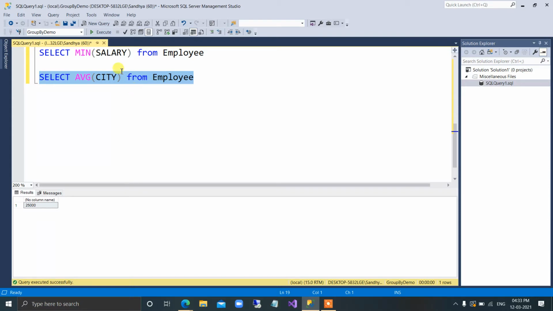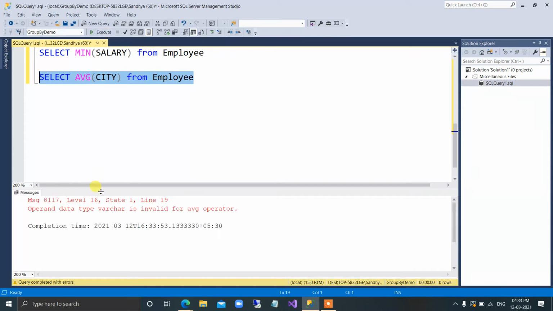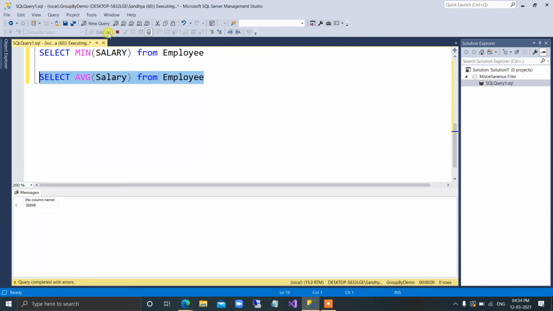Okay. So now if you try to run this, it will throw you an error. Why? Operand data type varchar is invalid for average operator. Average operator will work only with integer data types. Okay, so if I say salary here and execute, you can see this is the average salary. Similarly, we can also use